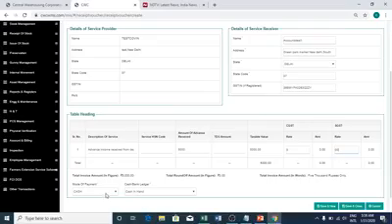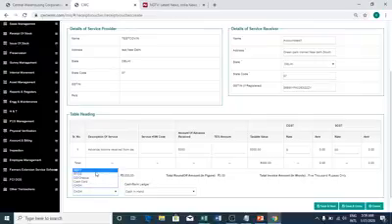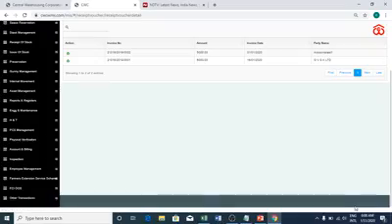Then you put the mode of payment. If the mode of payment is cash, you can choose cash. If it is NEFT, you can choose NEFT. If it's RTGS, you can choose RTGS. If it is cheque or cash card, you can use all the options. The associated ledgers will automatically get populated. Let me assume in this case it was cash. I save and close. So the advance amount has been received.